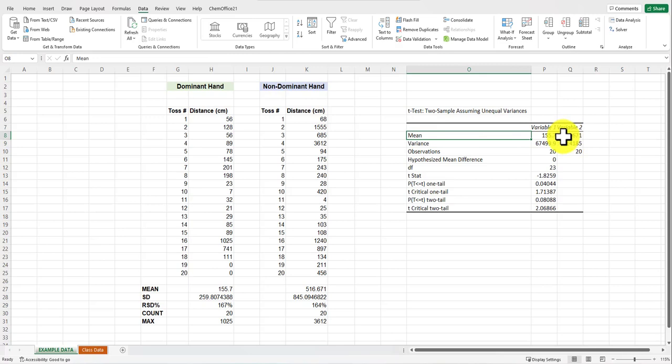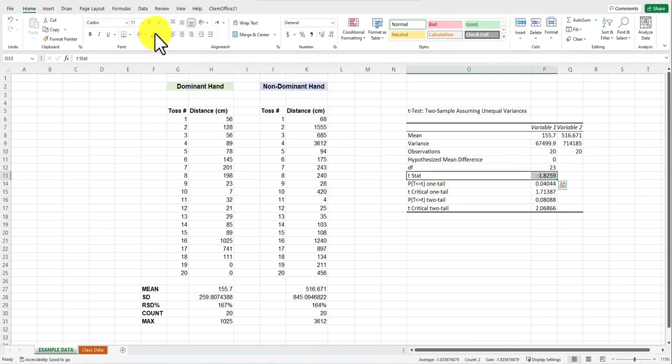So we have our mean that gets calculated. We already did that down here. The variance is related to the standard deviation, number of observations, etc. The main thing we are looking at is this t-stat. The t-stat is the value that's computed for our data. Then these two, t-critical one-tail and two-tail, are standard values computed from a table of t-values. So they're not unique to our data. They're just tabular data for the number of